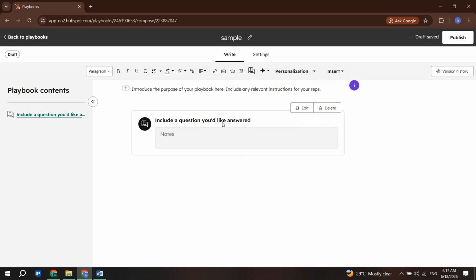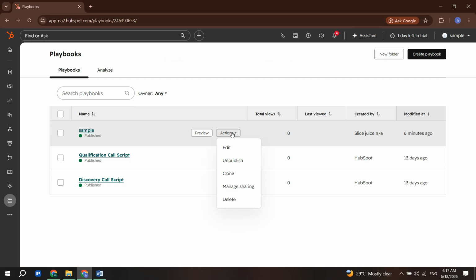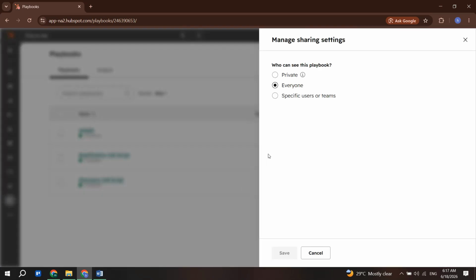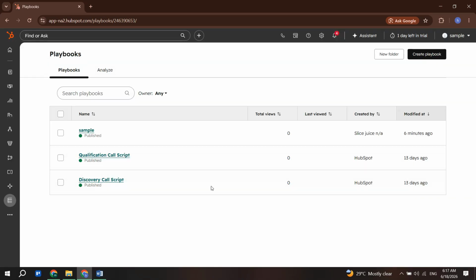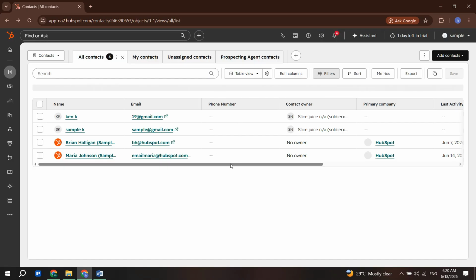Now, whenever you open a contact, company, or deal record, you will see the playbook option on the right side. Clicking it will open your script directly inside the record so you can follow it during live calls. You can also log responses inside the playbook, and everything will automatically be saved into the CRM, helping your team stay organized and